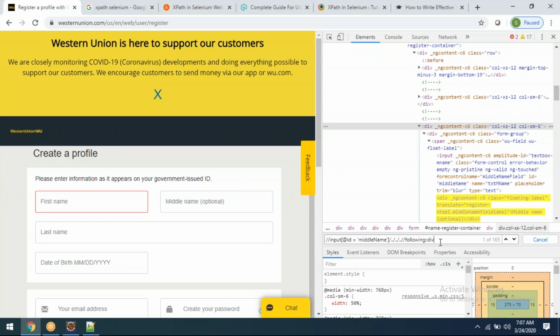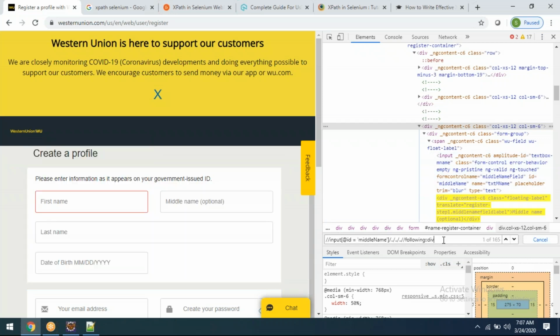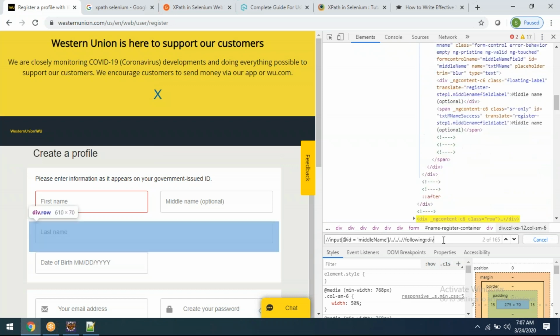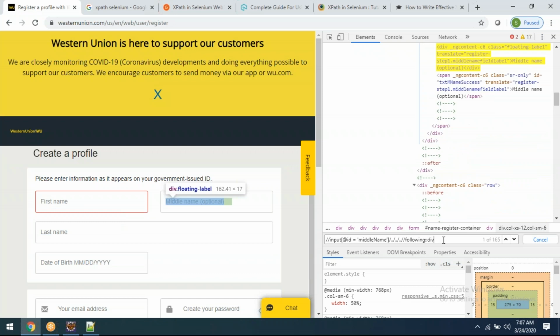See here now, this div is coming. Within this div, if I put a div, so 165 divs are there. Getting my point? How can I do that? It's too difficult to get it, right? 165 divs. So what I'm trying to say, instead of following this following and sibling and thing,